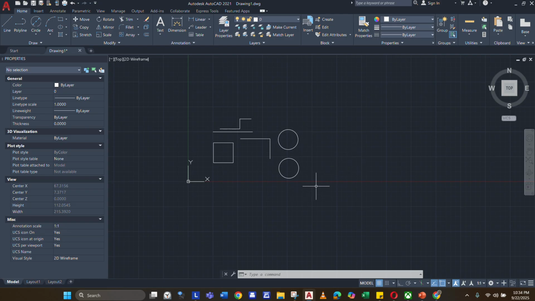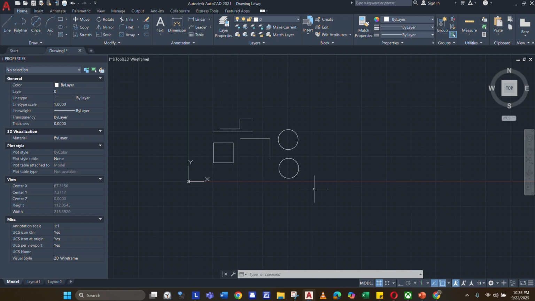You left click on the part of the working space where you can select all the objects at once.